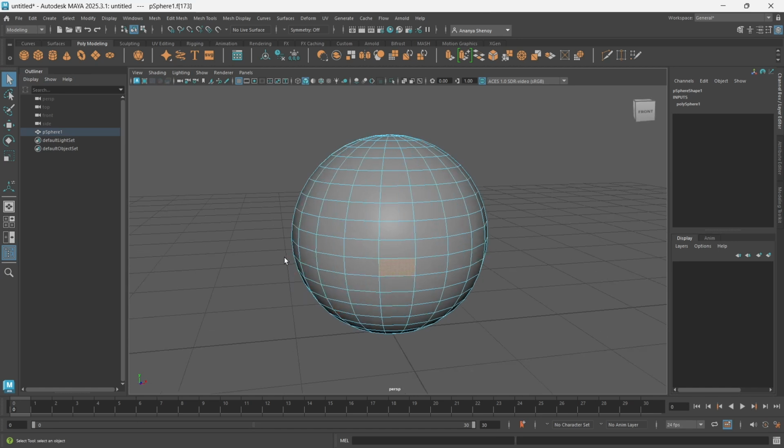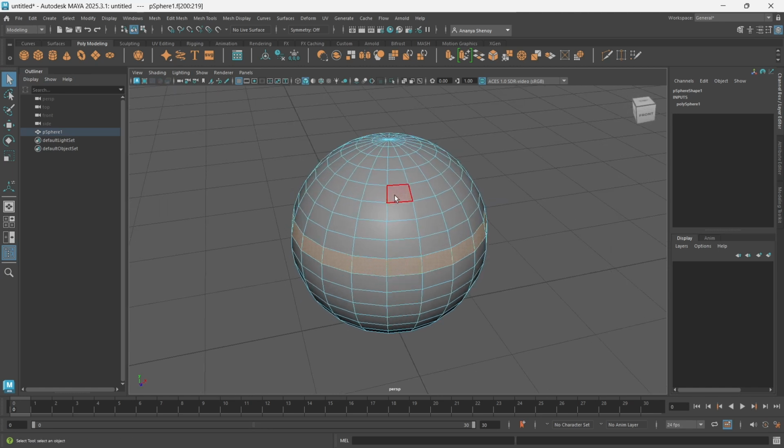Now, what if you want to select this whole loop of faces? Instead of clicking on this and then shift clicking on every single face, click on one, shift double click to select the whole loop. And let's select multiple loops. Now, if you want to deselect just one of these loops, you can control click on one and that will be selected, and then control double click to deselect that whole loop of faces.